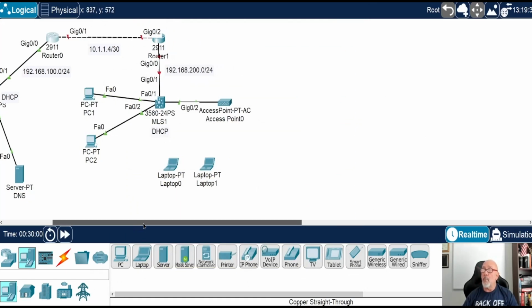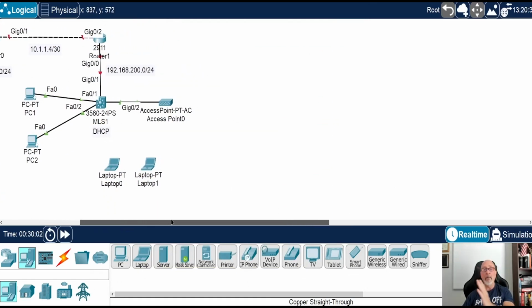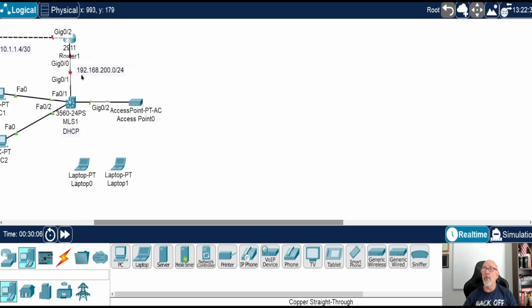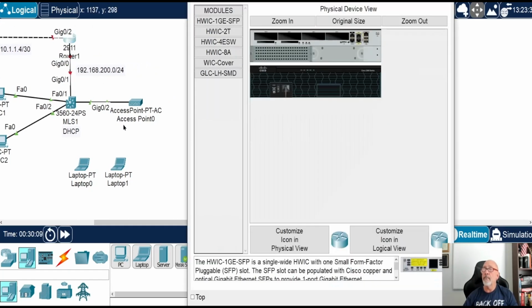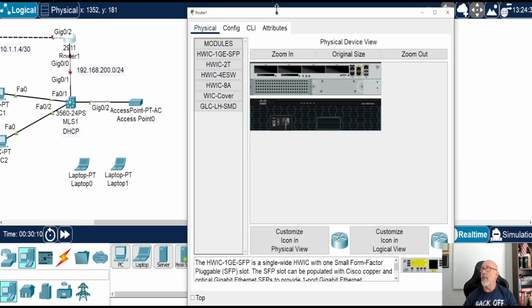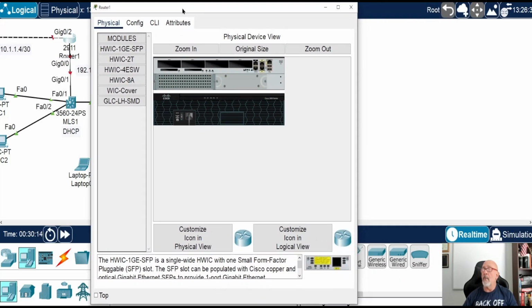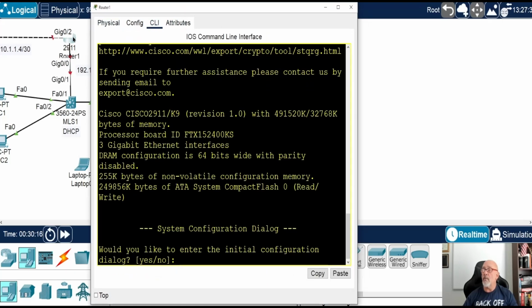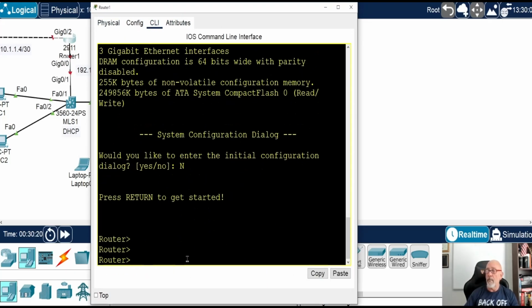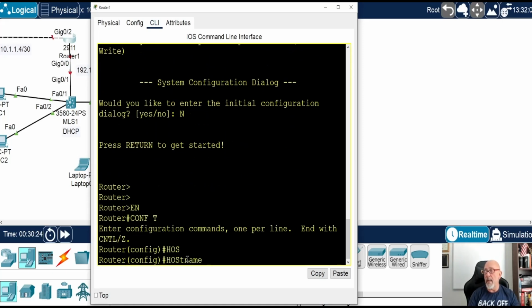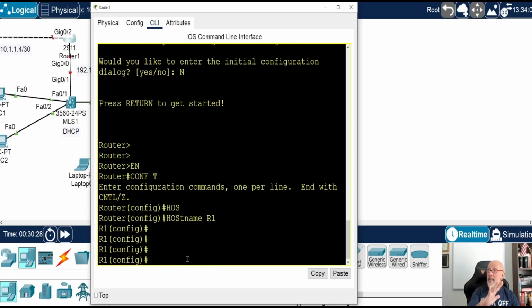So now let's move it over. I like to work this way, sequential order. So I'm going to come this way. I know I got to do the G0/2 on this router. So again, bring this down so everybody can see. All right, I'll be working right here on this router, and then I'll do this switch. All right, we're going to say no. Enable, config T, hostname R, what is this? R1 now. Okay, because it's almost 0.